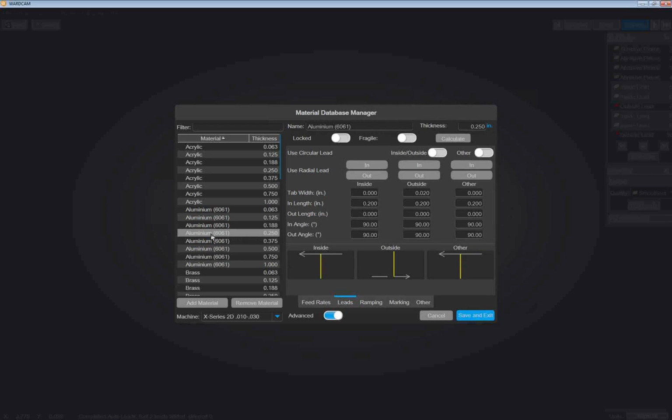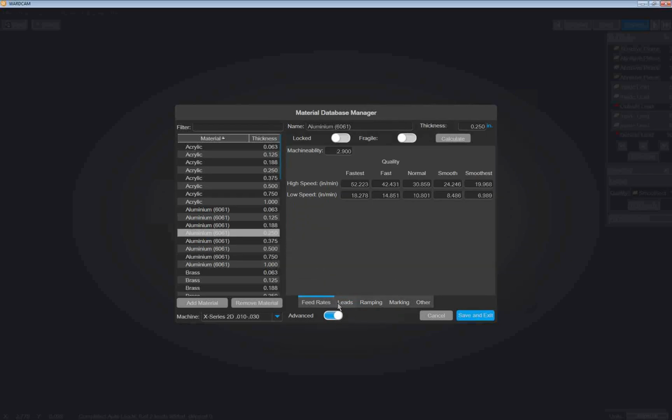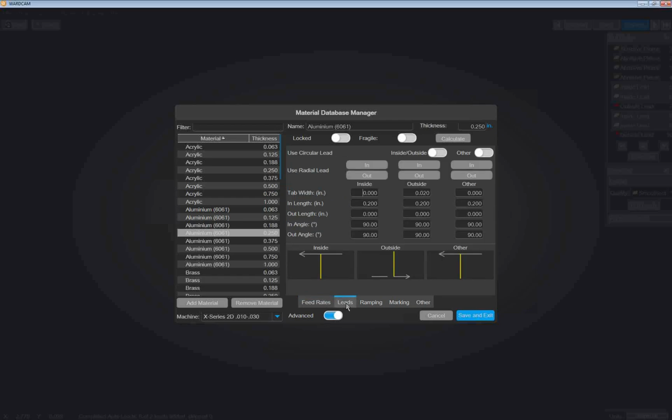But basically right now it brings me to my 1/4-inch aluminum that I'm working on, and we've got multiple tabs in your material database, one for feed rates. So these are the speeds that it's going to do based on the different qualities that we've selected. And then you've got the leads tab here. So in the leads tab, you can define things like length of your inside lead in, length of your outside lead in,